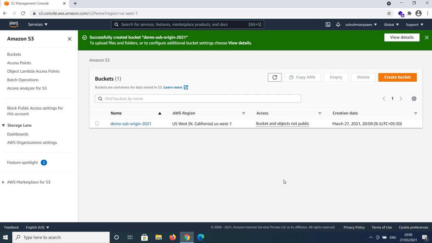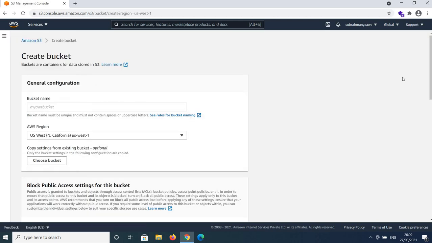Now I will create second S3 bucket. Again click on create bucket. And I will give name demo-sub-replica-2021.